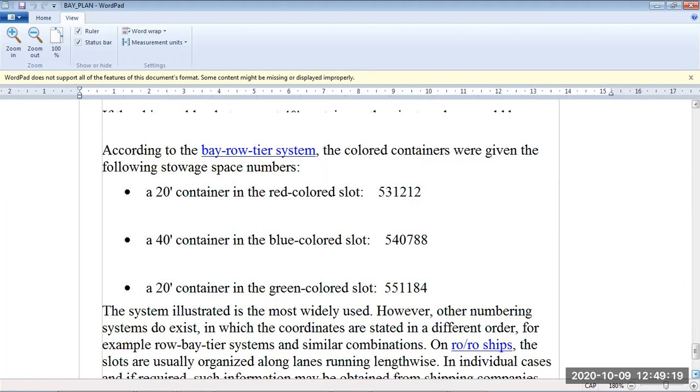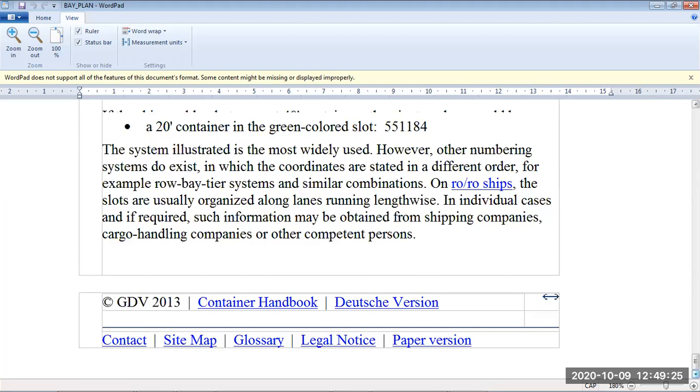The same way we saw the other one, 55, 11 and 84. So this is the way you get questions. You can get these numbers to make the plan, or you can get the plan and you have to put in the numbers. So thanks guys, and we will continue next with different lashing and different questions asked about containers, and